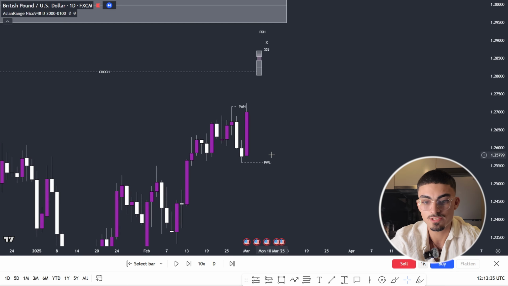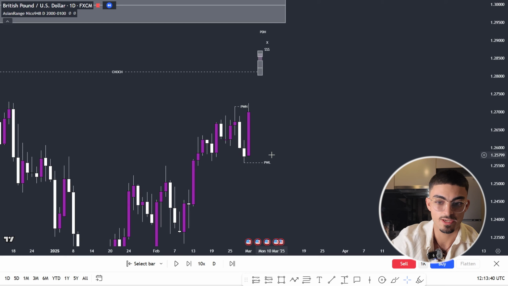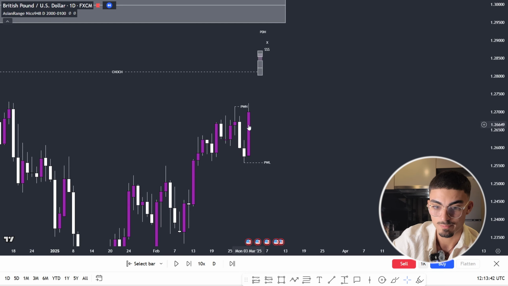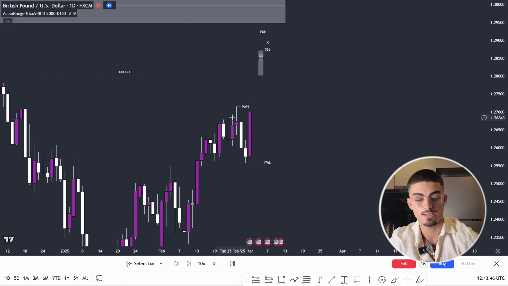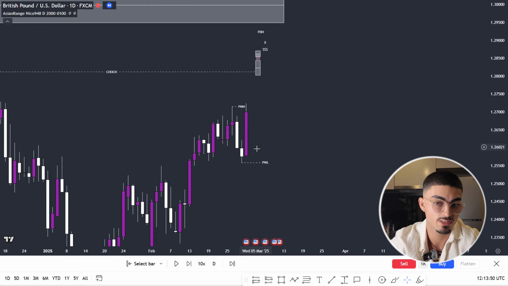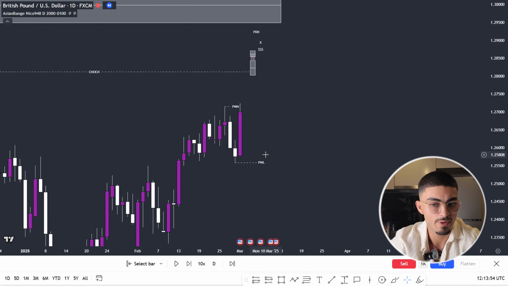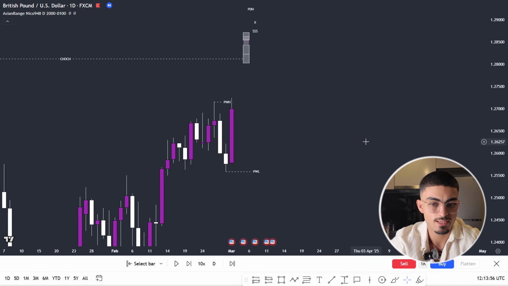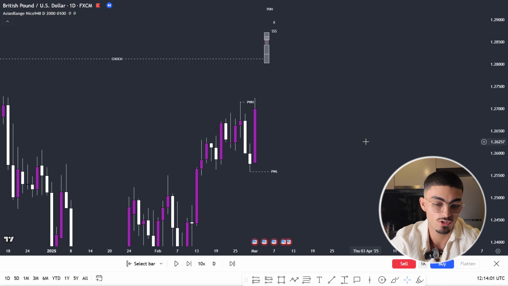on Tuesday. I know I said I was looking for a move lower towards the middle of the week, Tuesday or Wednesday. But after Monday was this bullish, that was basically an indication for me that maybe my bias is wrong. Maybe we're reversing. Maybe we're going to continue going higher. And after seeing that, I basically decided, let's actually hold off from taking any sells until we can see confirmation we are going to go lower.